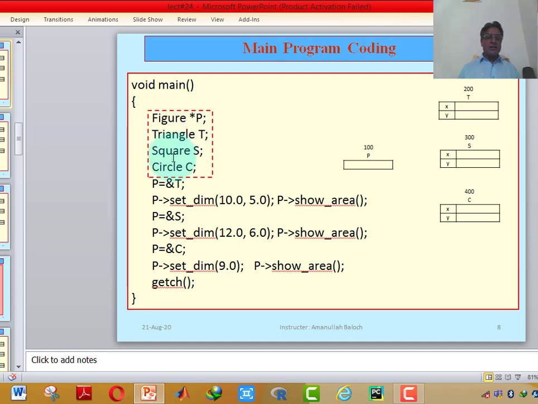Because all these classes are inherited from the base class figure, and base class figure contains two attributes, X and Y, T will have two attributes, X and Y. S will have two attributes, X and Y, and C will have two attributes, X and Y. Here, when the computer executes these 4 lines of main program, it will create the memory, that is a pointer and 3 objects. Further, when the main program executes the next line, that is this one, P is equal